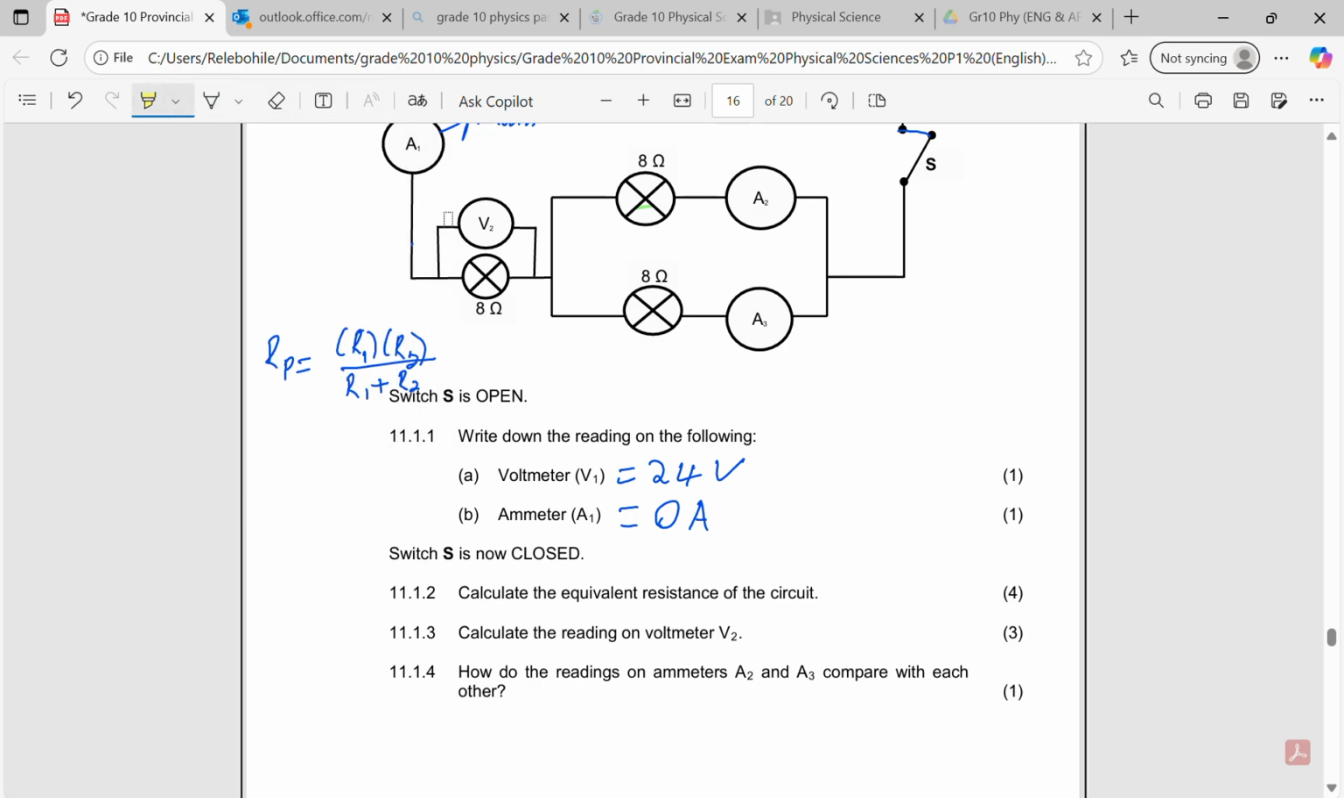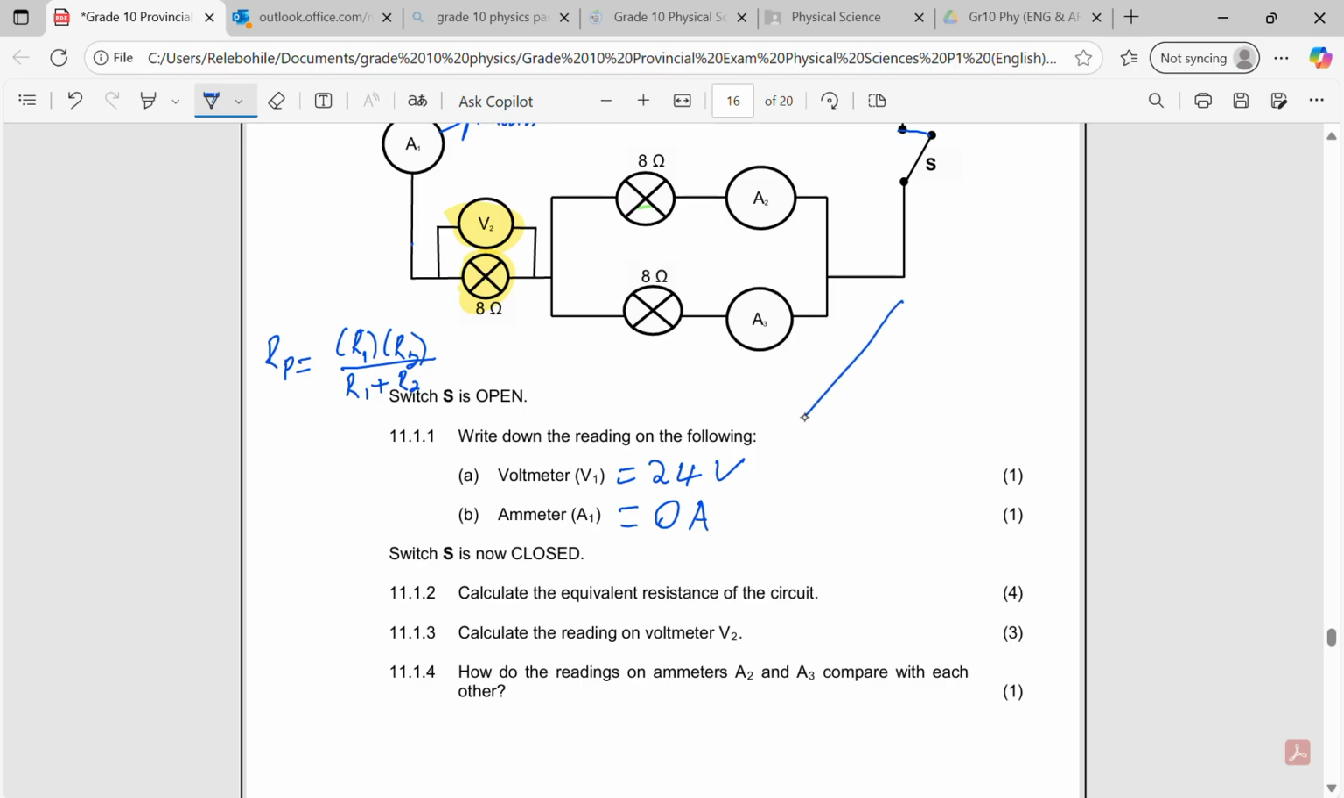So V2, guys, is over here, and it's connected to the 8 ohm resistor that is in series. They are saying we have to find the reading on V2. What is the voltmeter reading on V2 is what they want. So, guys, for us to solve that problem, we need to firstly look at the formula we have to use,